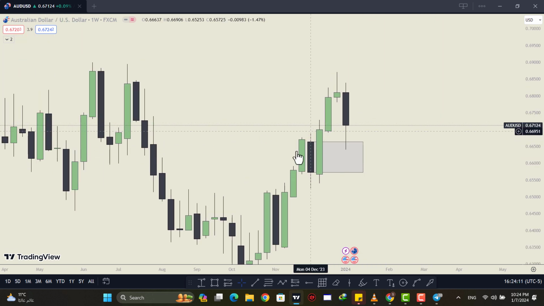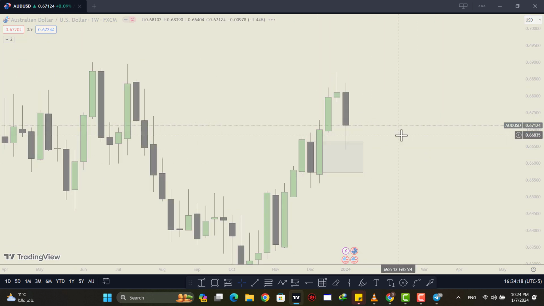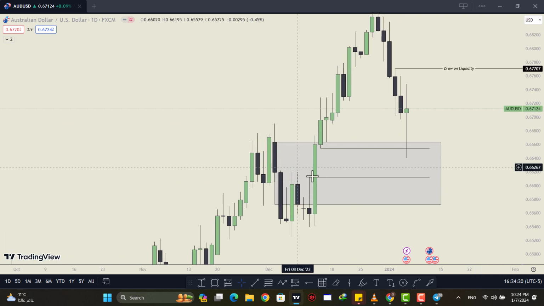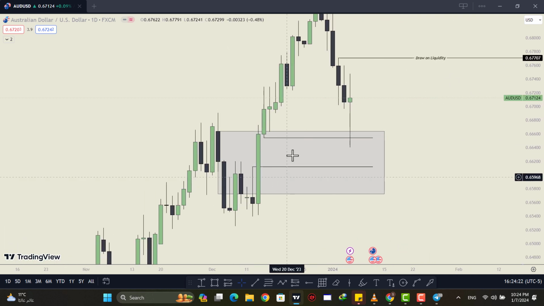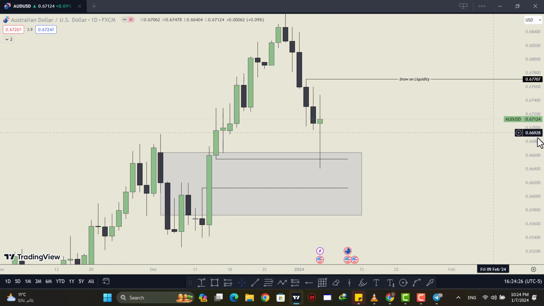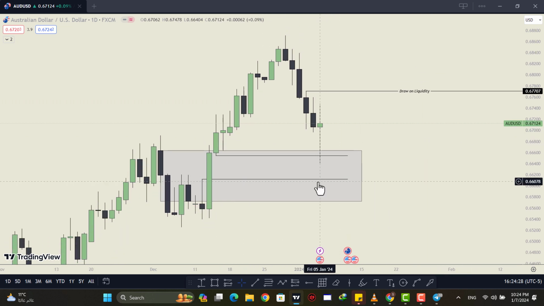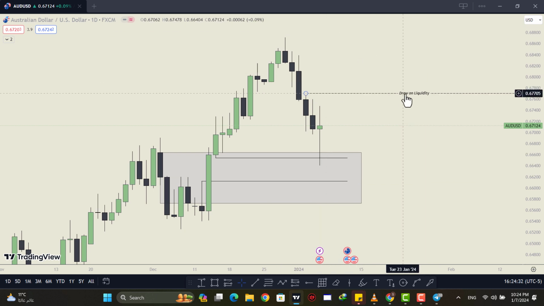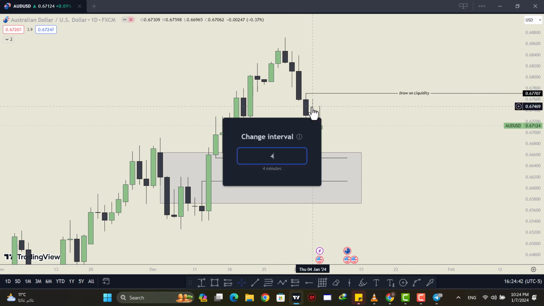On the weekly, we hit this order block. On the daily, we have a fair value gap, right? So weekly order block, daily fair value gap inside that order block, right? We go from internal to external liquidity. But for me, the draw on liquidity or the low hanging fruit is this one right here. For now, first of all, we have this inefficiency on the daily, right? And if we go to the 4 hour,